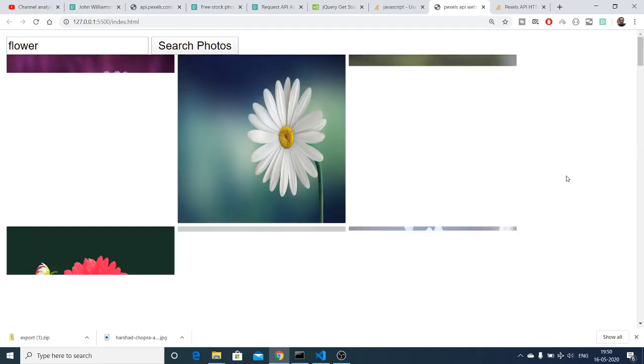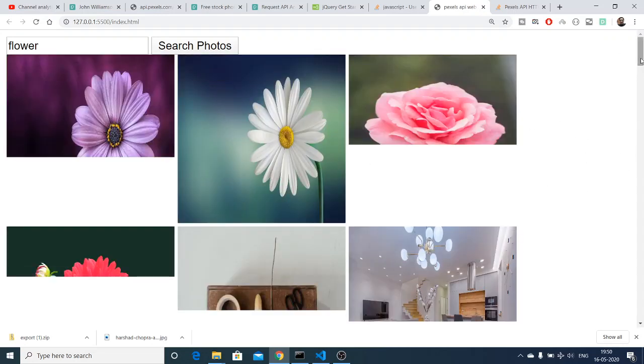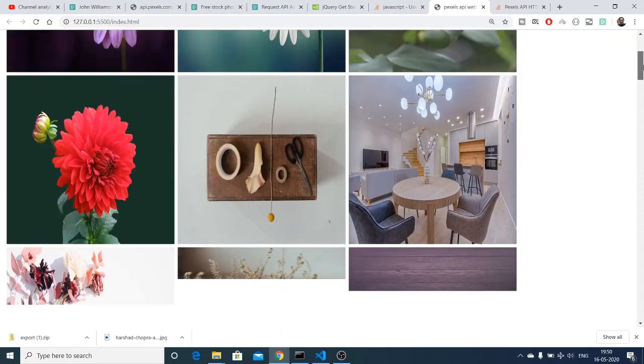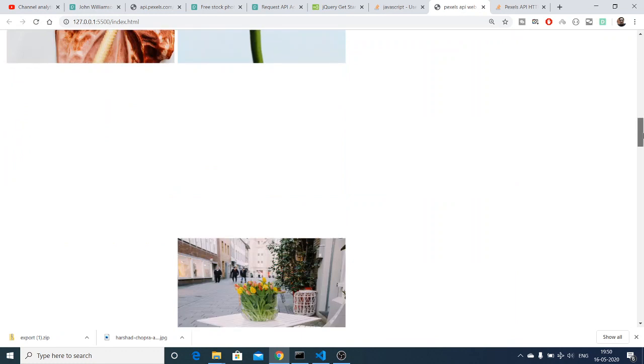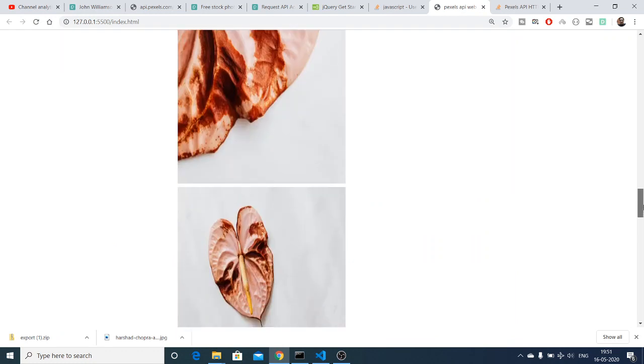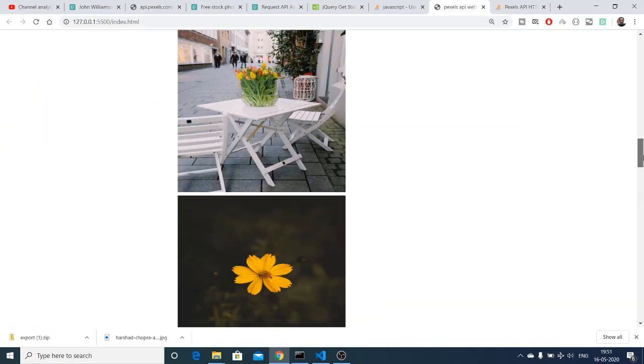If I refresh once again, now you will see that it is displaying these images really quickly on the web page because we have defined the width and the height. You can see that now, with the help of this API, we have built a photo search application in JavaScript using Pexels API.